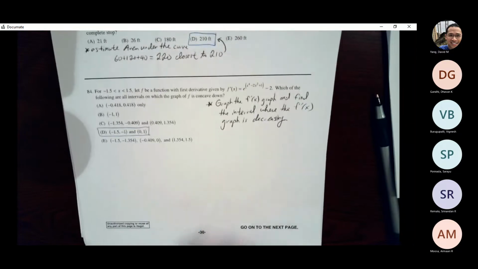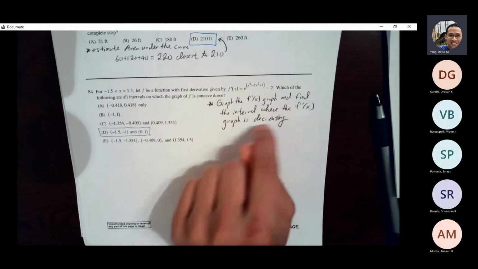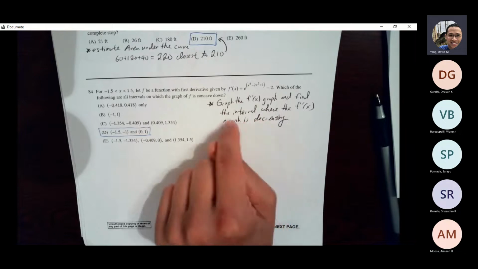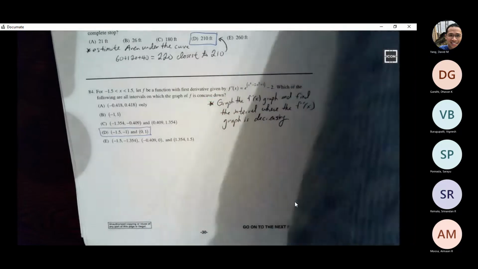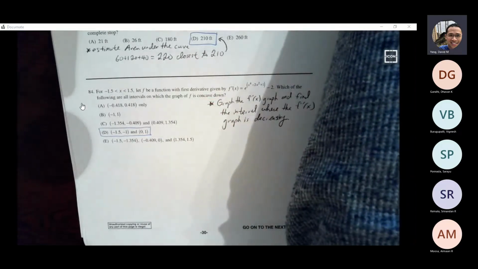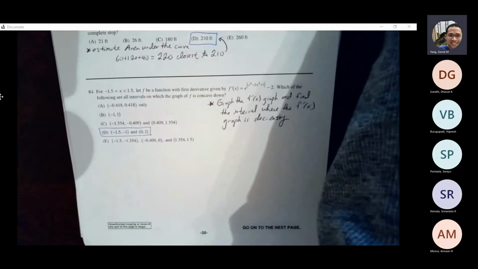84. Between negative 1.5 and 1.5, let f be a function with first derivative given by f prime. Which of the following are intervals on which the graph is concave down? So we basically want to graph this f prime and look to see where our f prime graph is decreasing. Wherever my f prime graph is decreasing, that is enough to show concave down. Let's see what this graph looks like. If I enter this in the calculator,